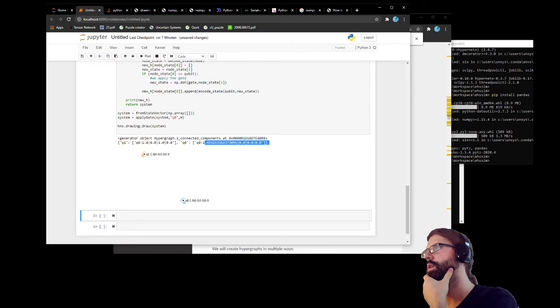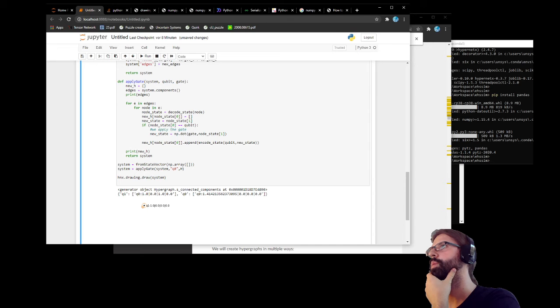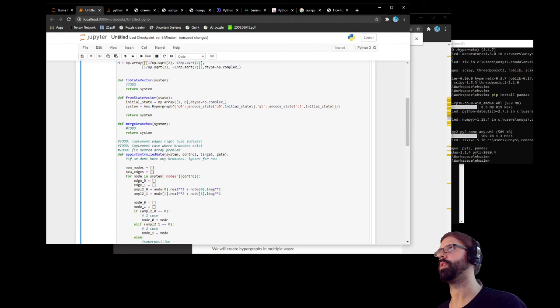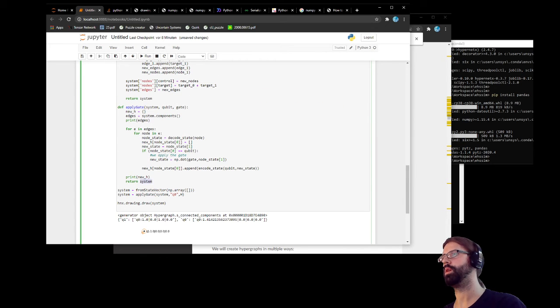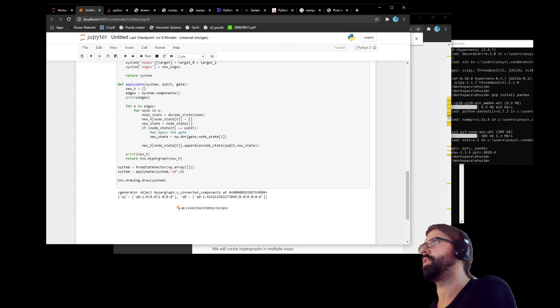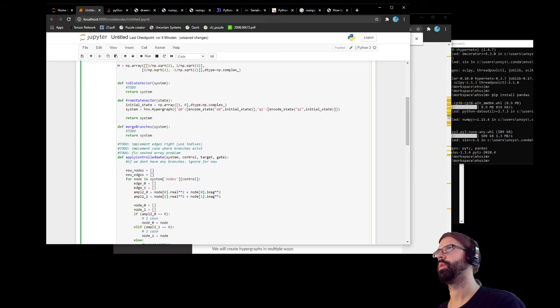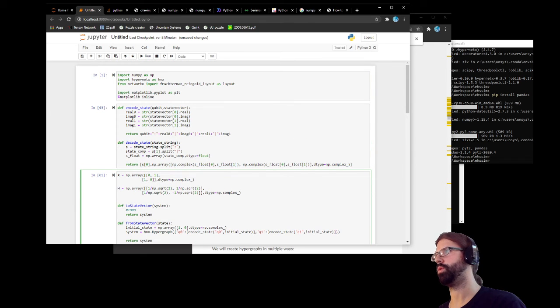Yeah, that looks about right. I mean, that doesn't look good though. And so what we should return is basically a new hypergraph, not the system. Yeah, okay, so something has happened here, but it's not what it's expected to happen, okay? So what is decode state doing? Supposed to. Oh. Why is it, what is it returning? An array